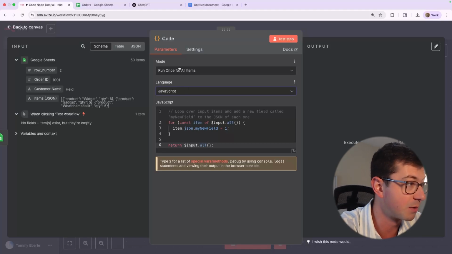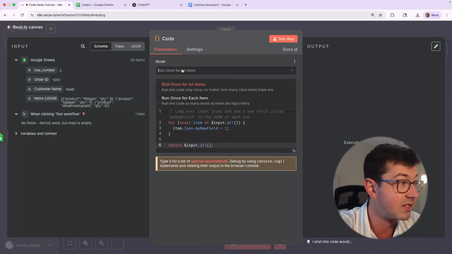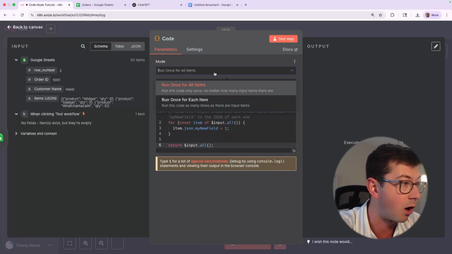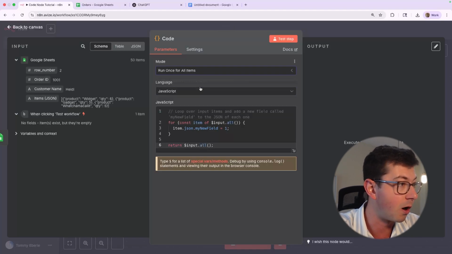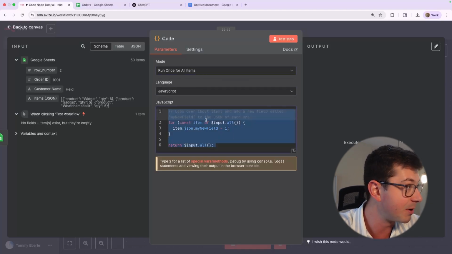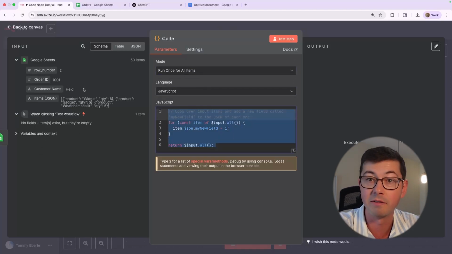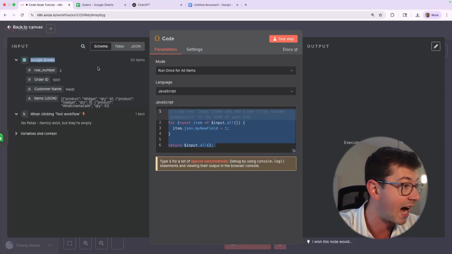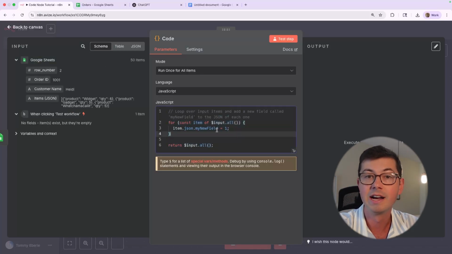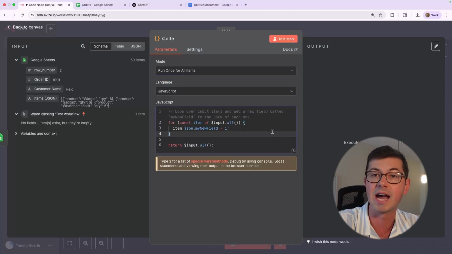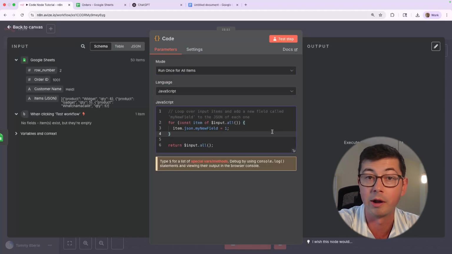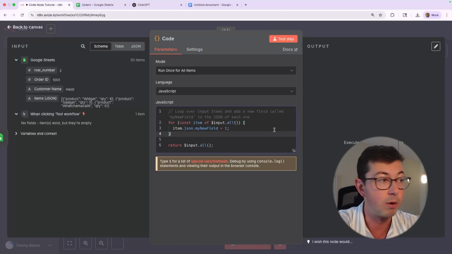Okay, now one of the most important parts of the code node is this mode here. It's either run once for all items or run once for each item. And as the name suggests, and as the little description here says, if you run once for all items, what that means is your code snippet is going to have access to all of the input data. In this case, that would be all 50 items. And you have one loop over it, basically. If you want run once for each item, then each of the items is going to be fed into your code one by one. And in this case, we probably want to use run once for all items,